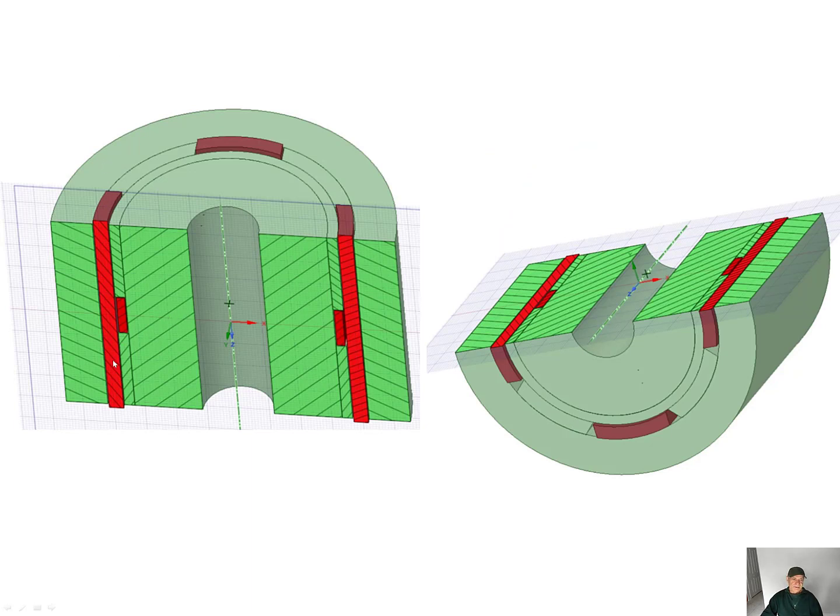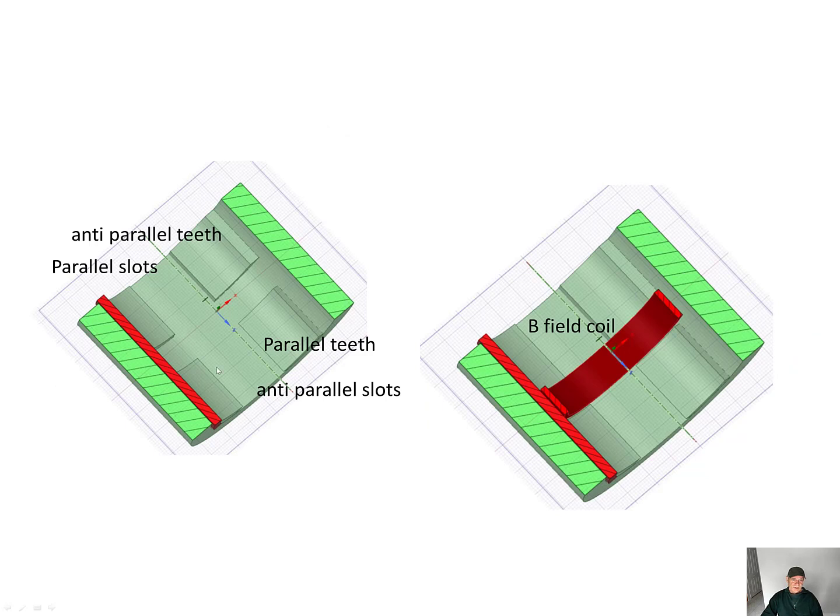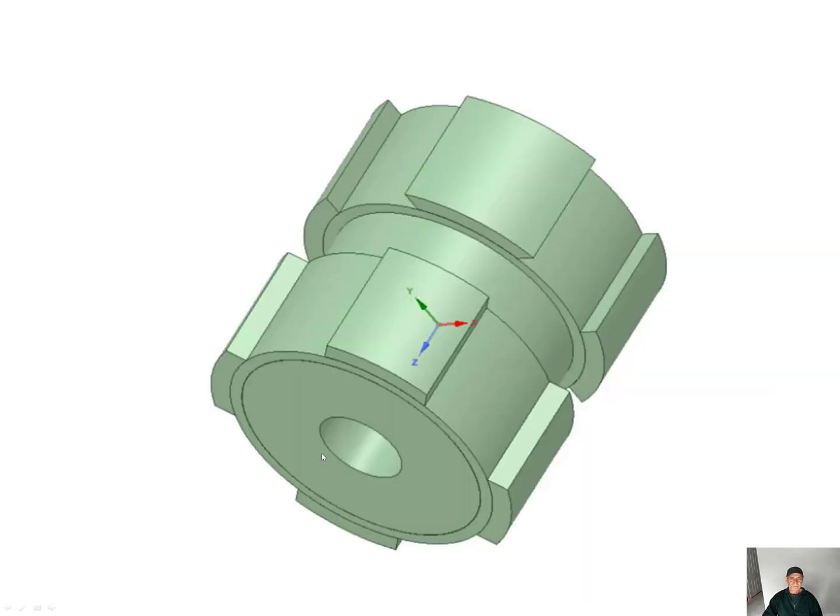Again, this is a cross section showing the induction coil here, and this is the B field coil. And there's 4 slots, and this will wrap a loop through the outside. Again, this is another cut version showing where the B field coil goes. This is the parallel slots, anti-parallel slots here, and anti-parallel teeth, parallel teeth. So this is where the B field coil goes inside here,